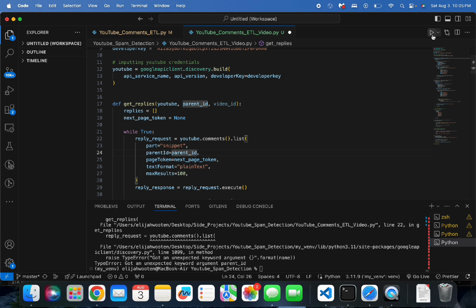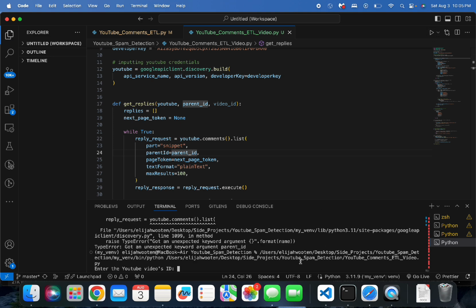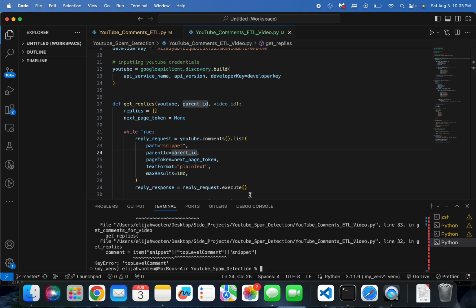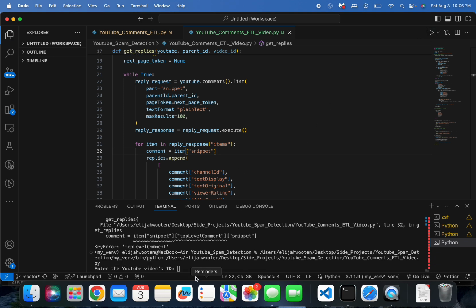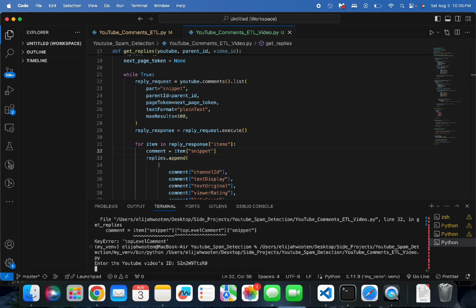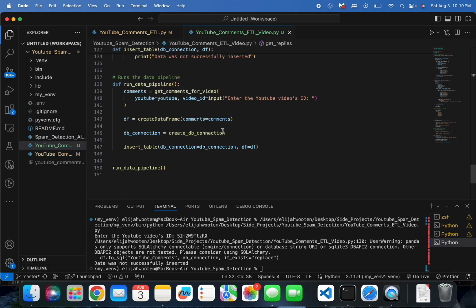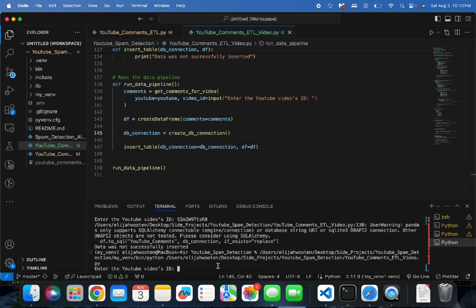So then if you run this, oh, so you have to also get rid of this here because you're not getting the comments anymore. It's just the replies. Okay. So I have to get rid of that. Oh, I see what I didn't add because I didn't call this function. That's why it never created the database connection. Okay, so now if you run this,